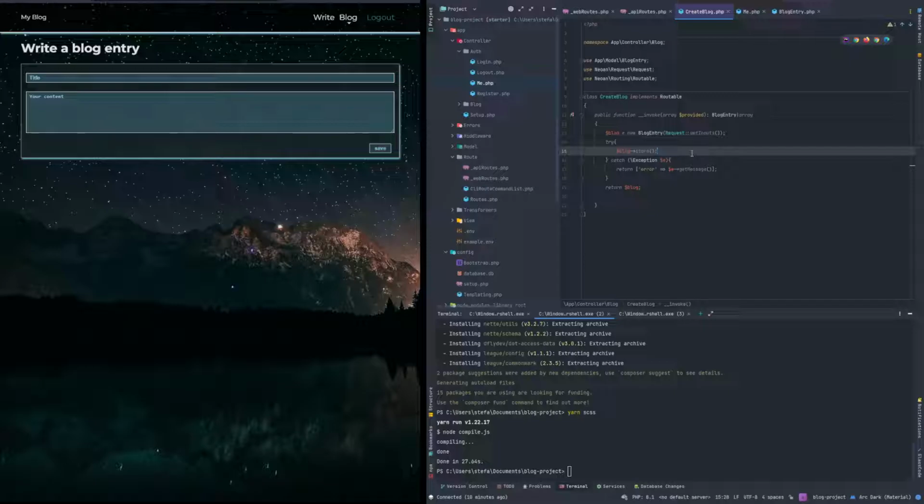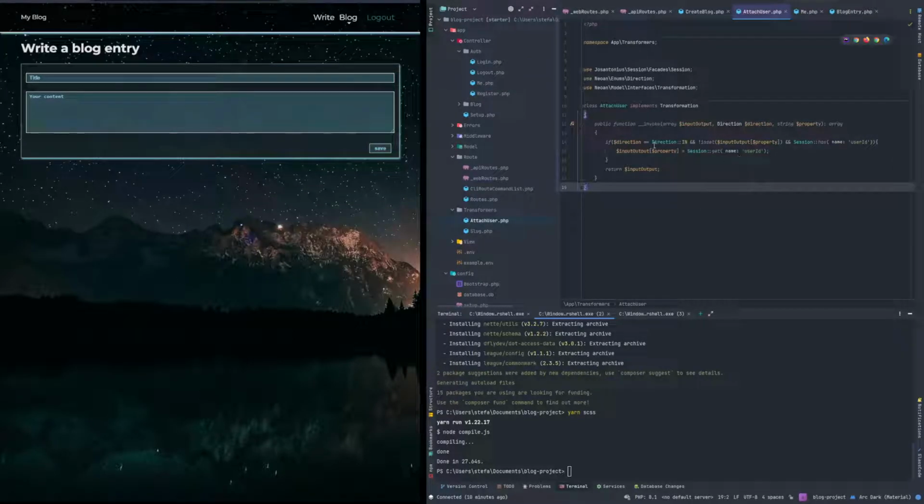Because maybe I'm an admin and I one day want to edit a blog entry of another author, or for whatever reason, I just want to say, okay, the blog entry itself is encapsulated. Let's look at it one more time, what we're doing here in our transformers. So we're saying, okay, if it's incoming, which means that we're not reading, we're writing to the model,